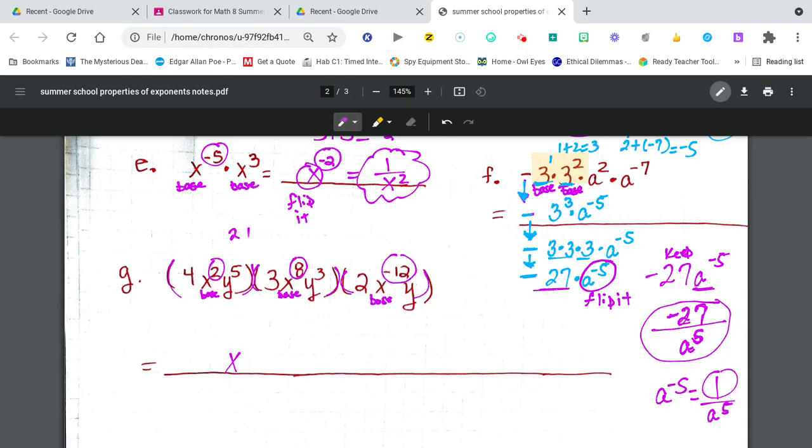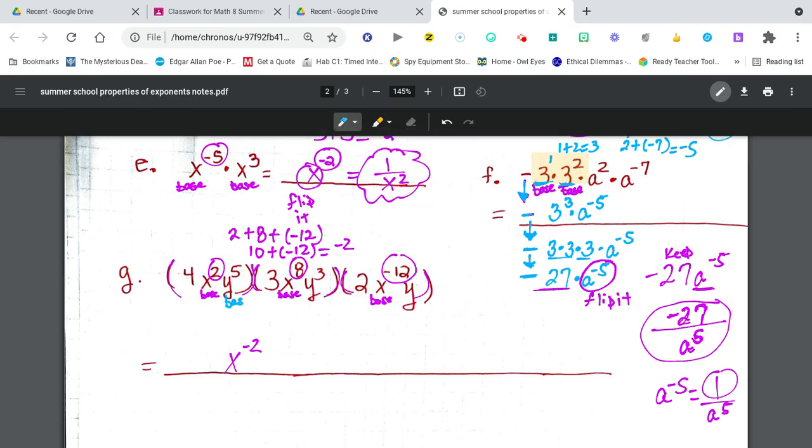So I'm going to take 2 and add it to 8, and then add it to -12. So that's going to be 10 plus -12. And if you use SADS, the 10 goes right and the 12 goes left. So that puts me at a -2. Okay, now